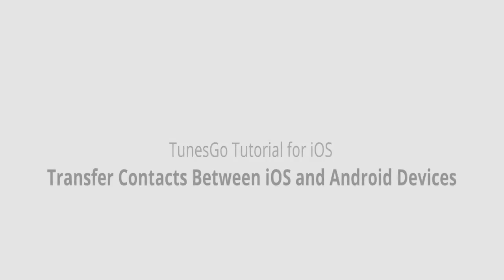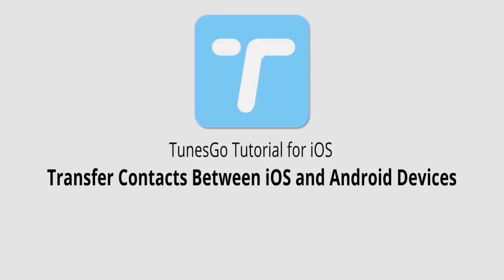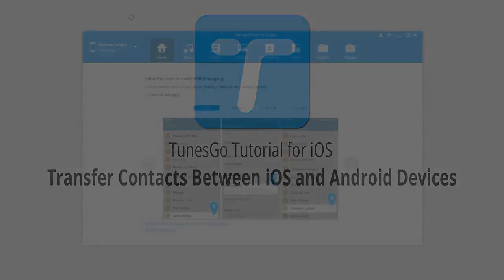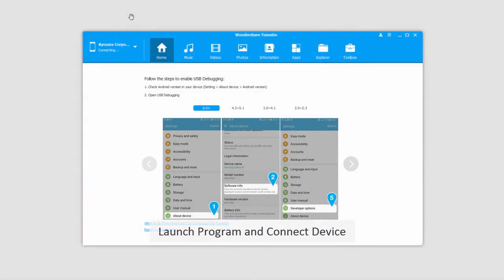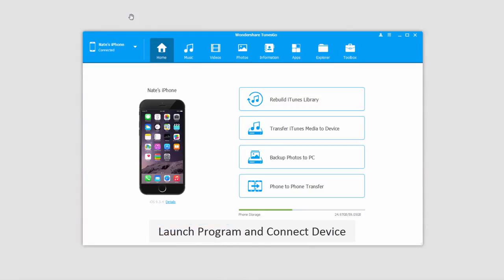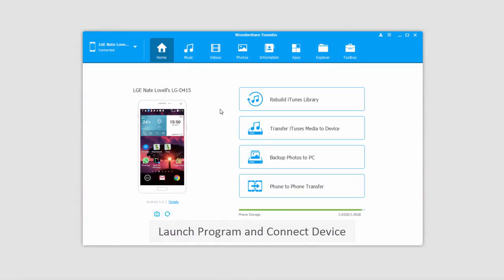Hello everyone, in this video I'll be showing you how to transfer contacts between iOS and Android devices using Wondershare TunesGo. The first step of course is to go ahead and launch Wondershare TunesGo. After that we'll start by connecting our iOS device, and once that's connected we'll go ahead and connect our Android device. And now we can take a look at the two different methods to transfer contacts,